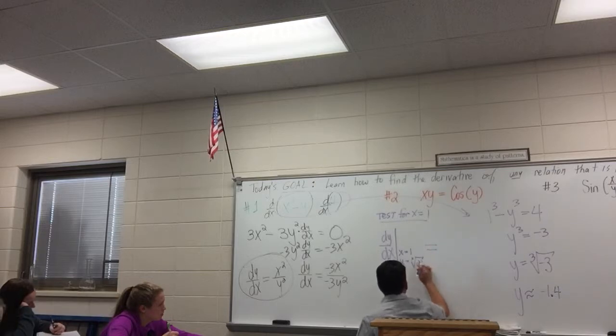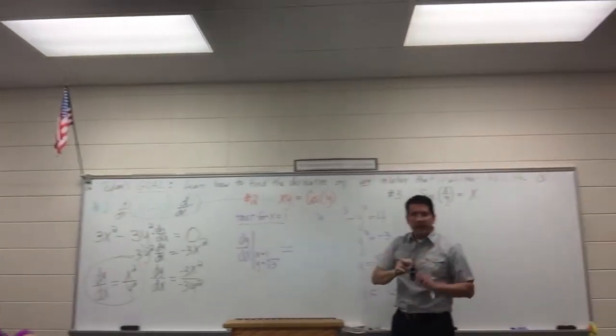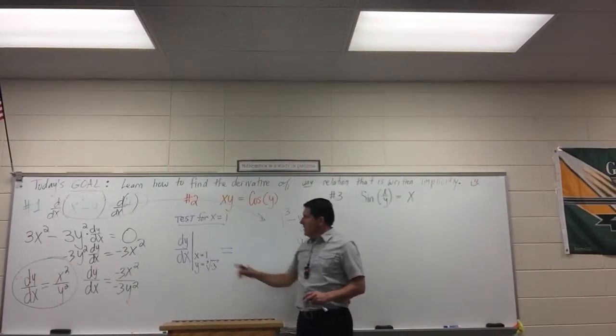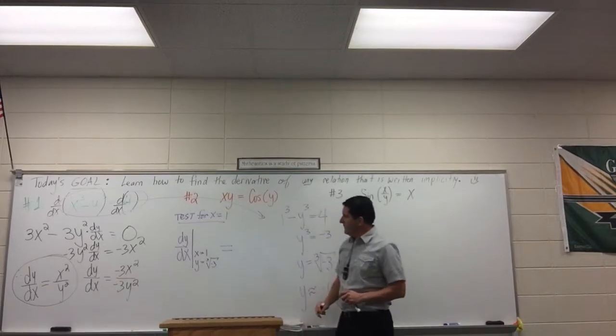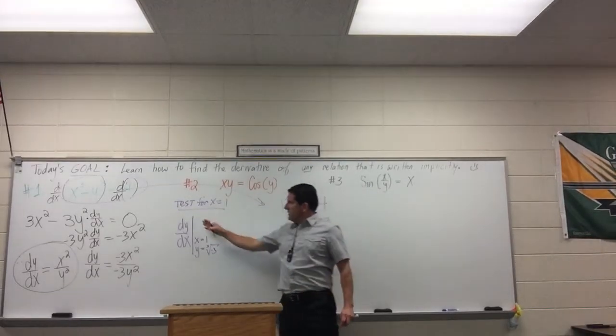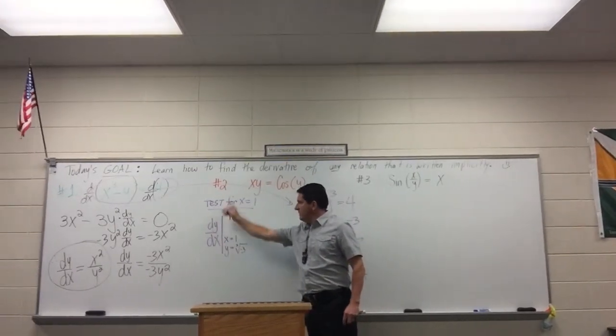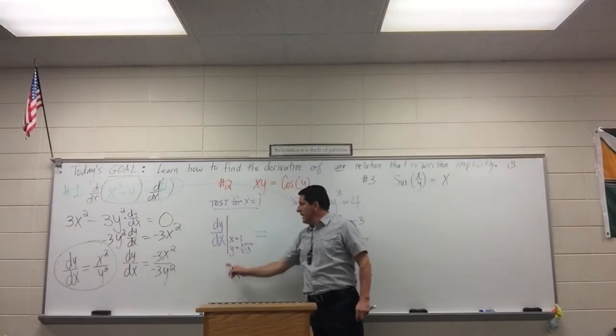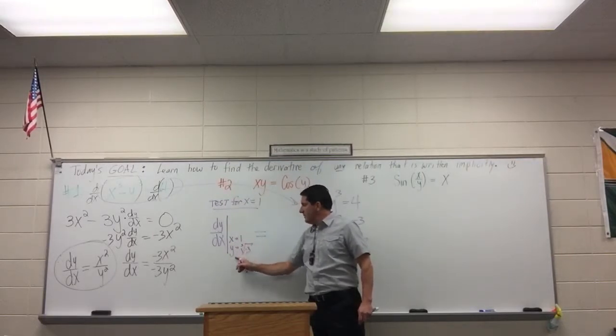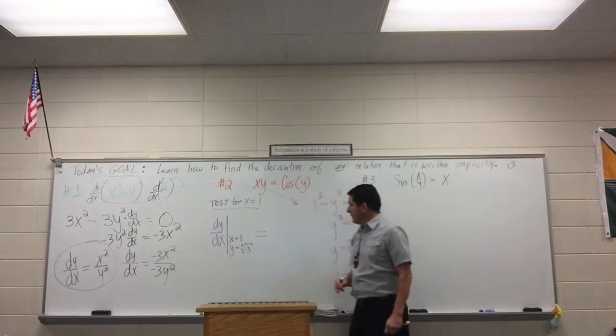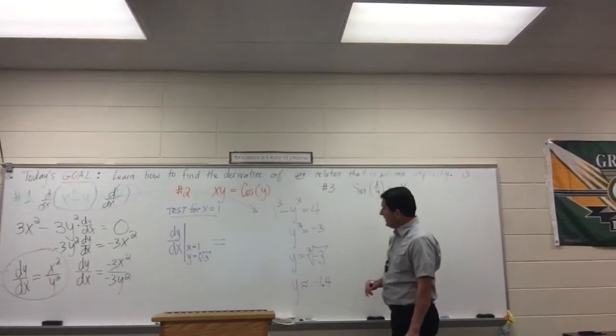This vertical line stands for evaluated at. So I'm going to say dy/dx evaluated at x equals 1 and y equals the cubed root of negative 3 gives us,